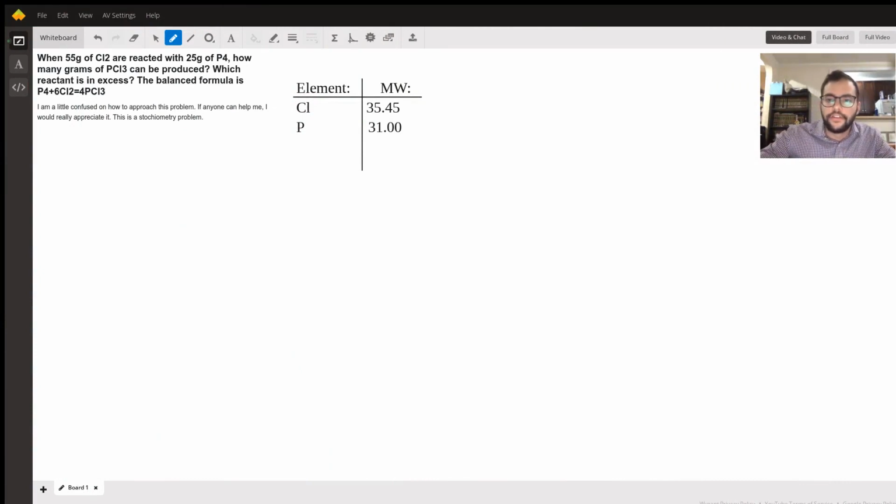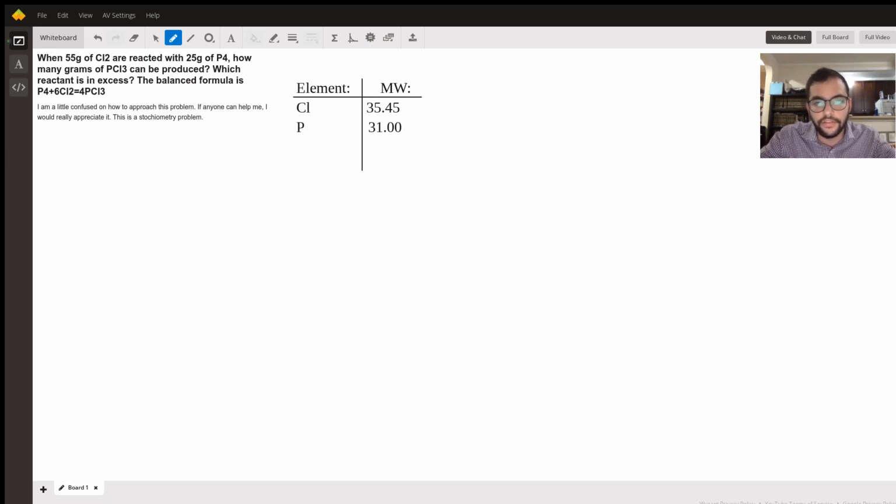Hi, Hector. To help you with this problem, there are just a couple of things you need to do to approach it, because you said you're a little confused on how to approach this stoichiometry problem. The first step is that you're given the weights of different compounds, which are the reactants in your given equation. Now, to figure out what the limiting reagent is, you have to first